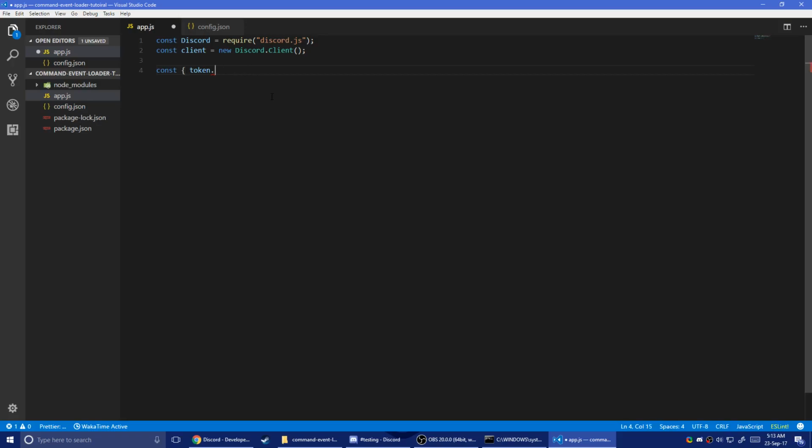Why do I keep putting a dot? Let me get prefix equals require from dot slash forward slash config.json. Sorry about that. And semicolon. So now we have the token and prefix variables that we just destructured out of the config file from token